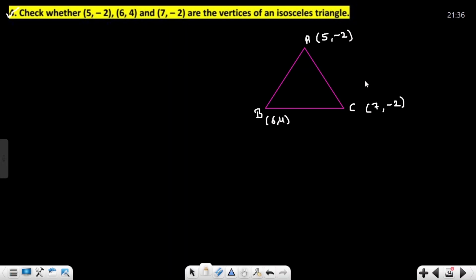Now look here, how do we identify an isosceles triangle? If two side lengths are equal, that type of triangle is an isosceles triangle. So first of all we find all side